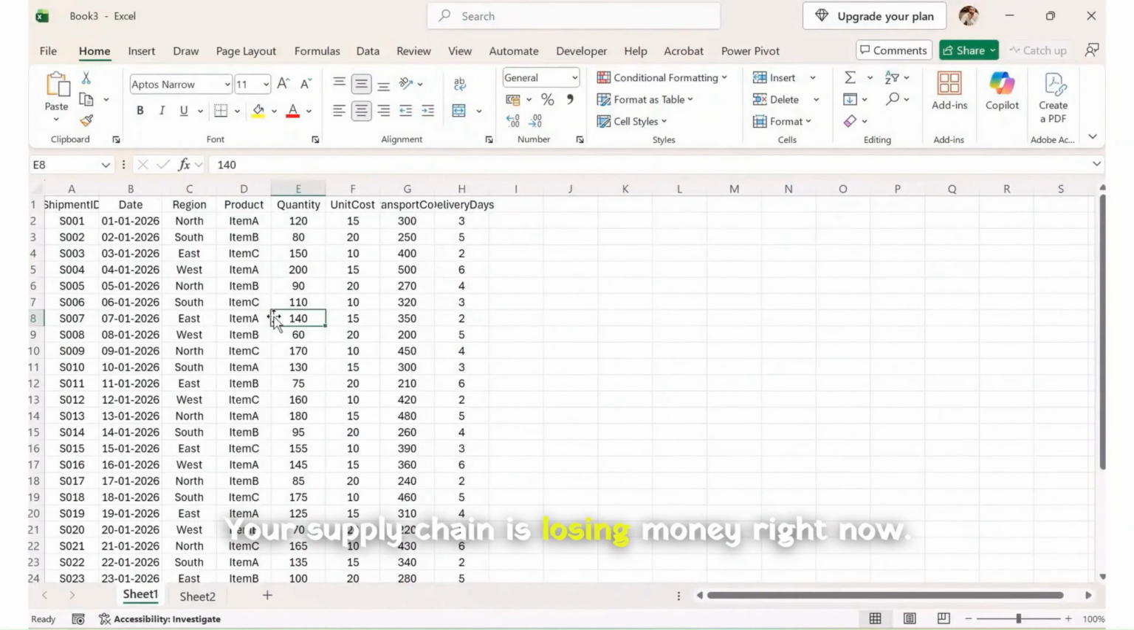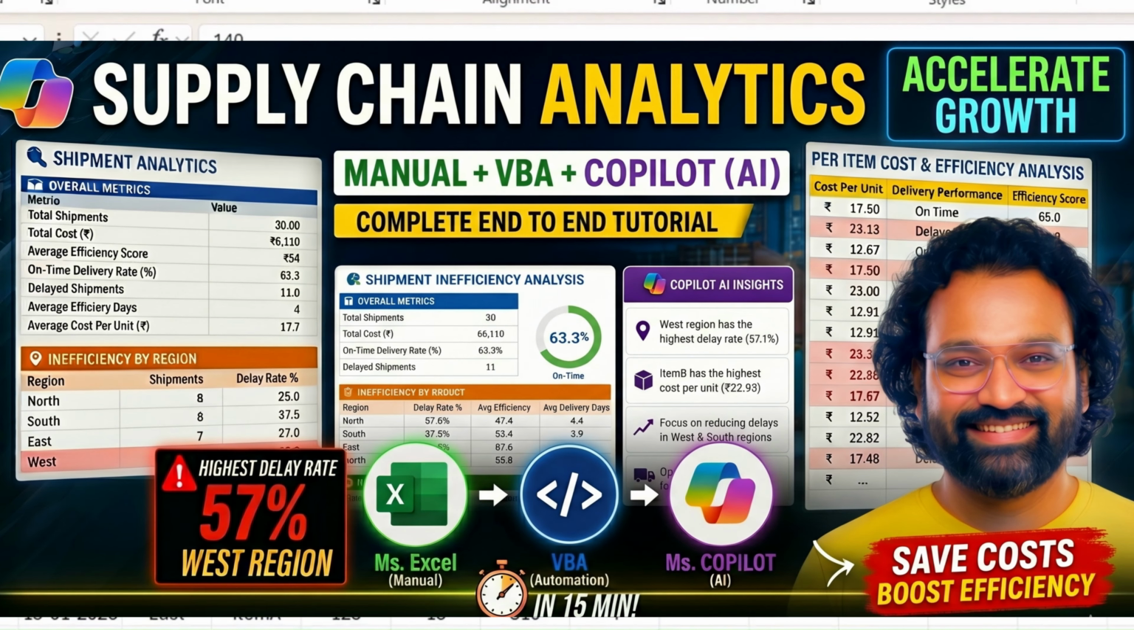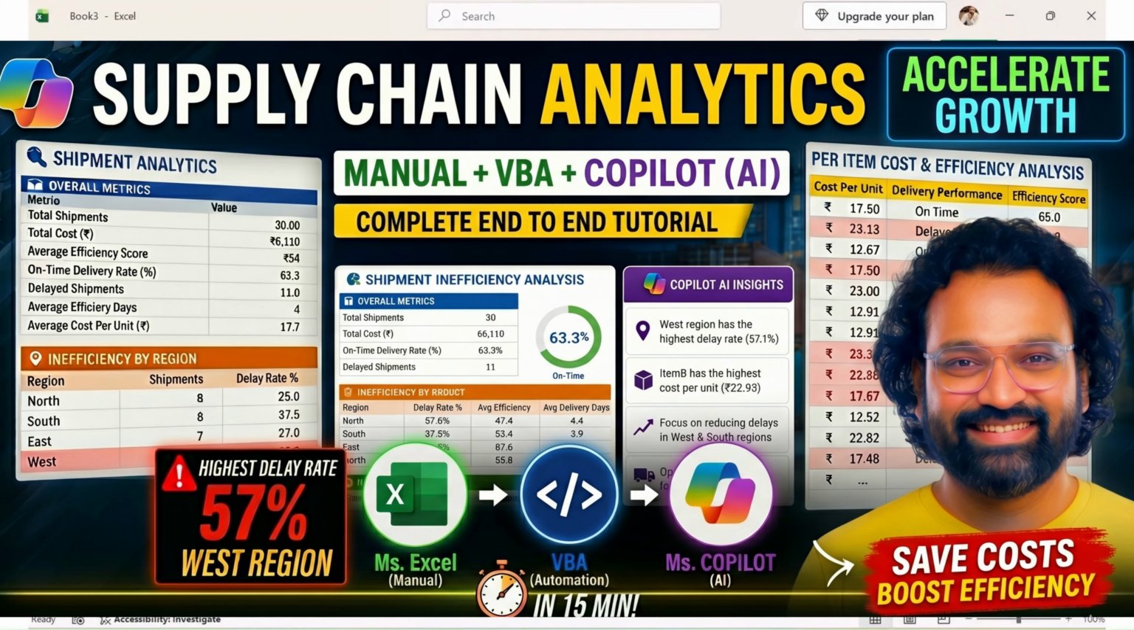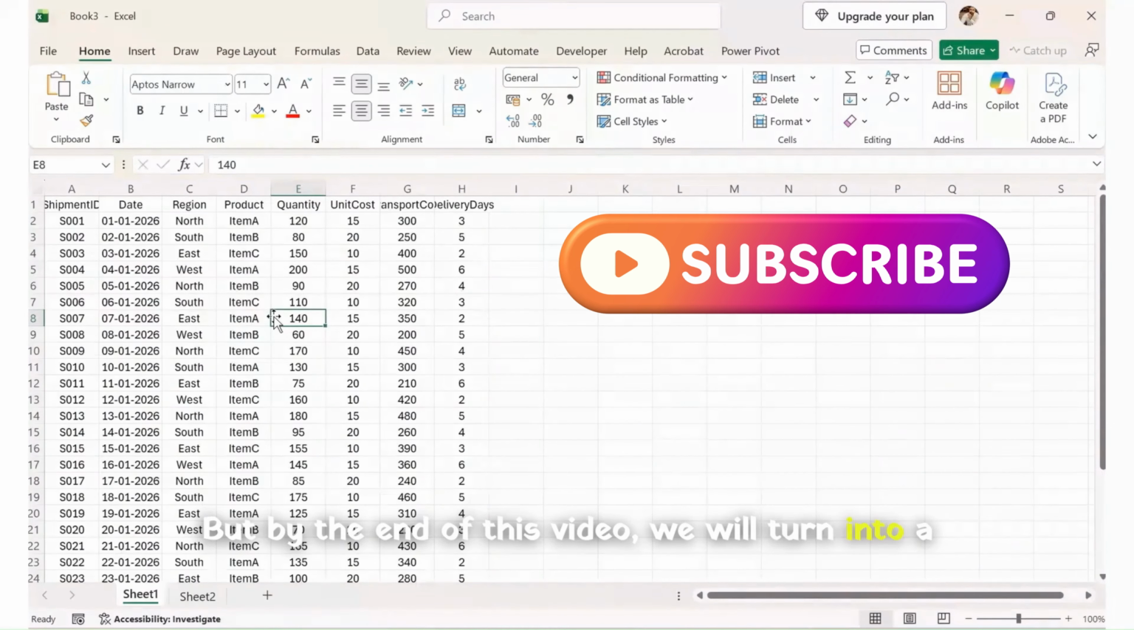Your supply chain is losing money right now. You probably don't even see where. Today, I will show you how AI inside Excel can find those hidden losses and fix them in minutes. I'm using the simplest data set, just 30 rows, okay? But by the end of this video, we will turn it into a smart decision system, not a theory, a real